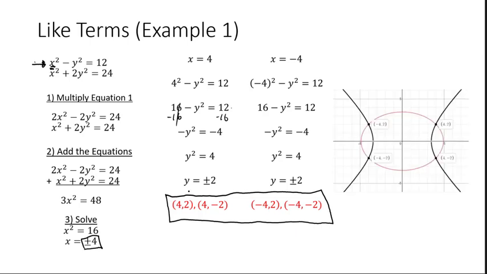We can verify this with the graph. When you graph this, we have an ellipse and a hyperbola, and they intersect in 4 different locations. Depending on the equations we have, you would want to use either the substitution method or this method here called the linear